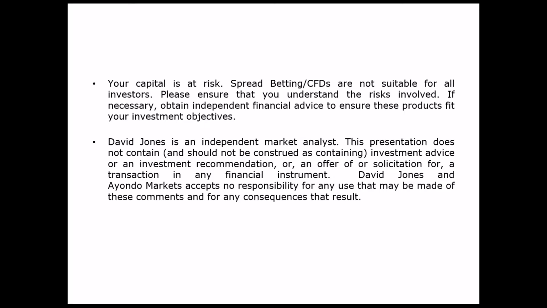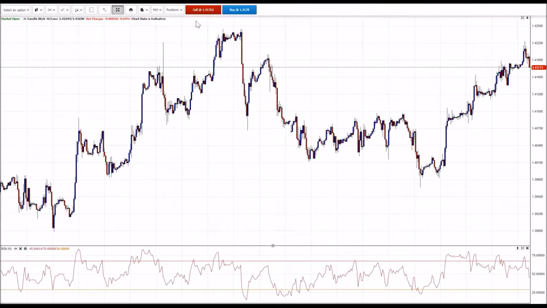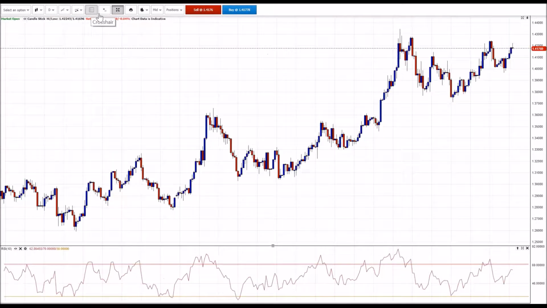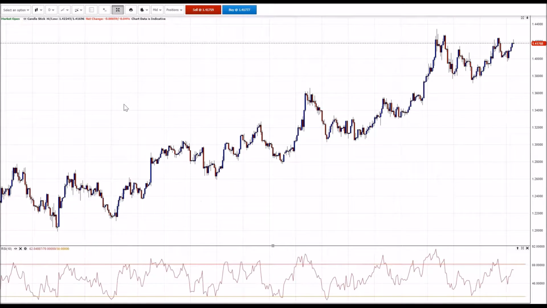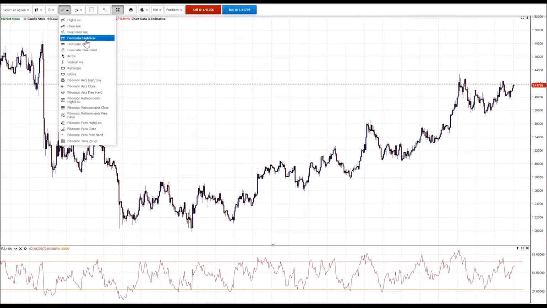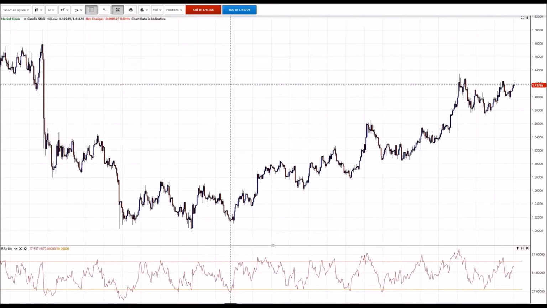But I think the risk warning has been up there for long enough. So let's get cracking. So here's the pound. I think it's interesting at the moment. Anyway, let's just go back to the bigger picture before we talk a bit more about specifics. This is pound US dollar, and as I've been saying for a while now, really all through last year, that trend has been up. So if we pick up maybe off these lows from March last year,